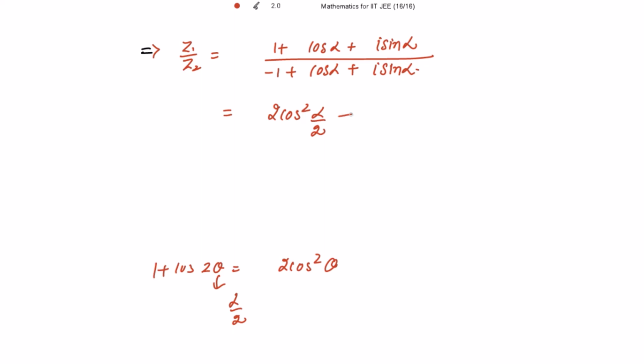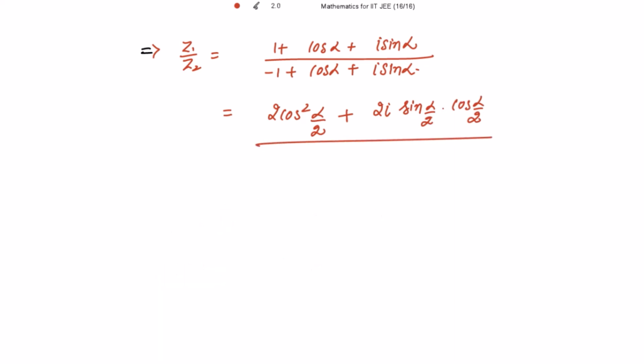Plus, now sine of 2 theta is 2 sine of theta cos of theta, right? So replacing theta with alpha by 2, what we get? Sine of alpha is equal to 2 sine alpha by 2 cos alpha by 2. So this is 2 iota sine of alpha by 2 into cos of alpha by 2, divided by, and now